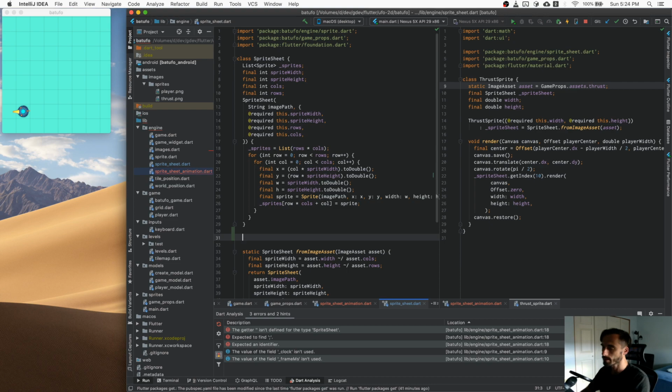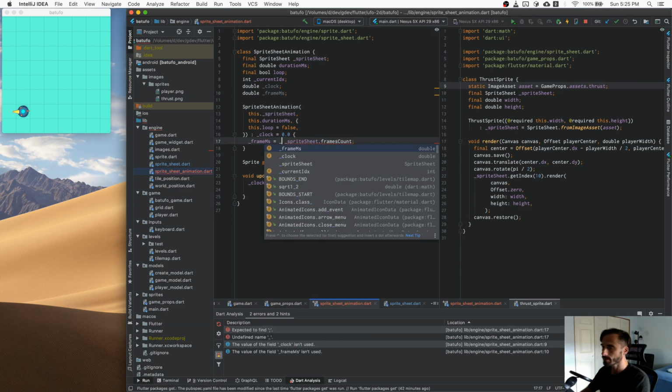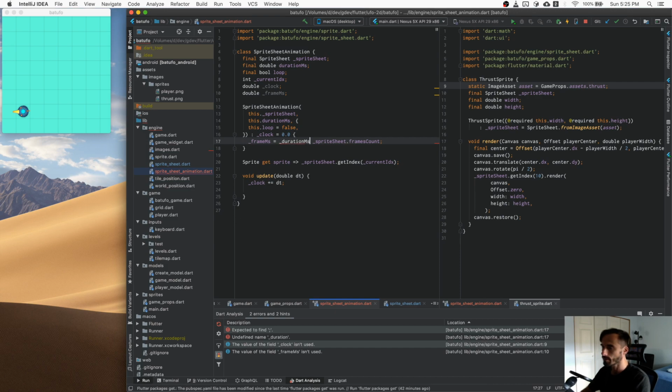So we're going to add a getter, int frame count. And that's basically just going to be the length of the sprites. Okay. So then we basically say the frames MS is sprite sheet of frames count, right? And we divide that into the duration ms. So now we know each